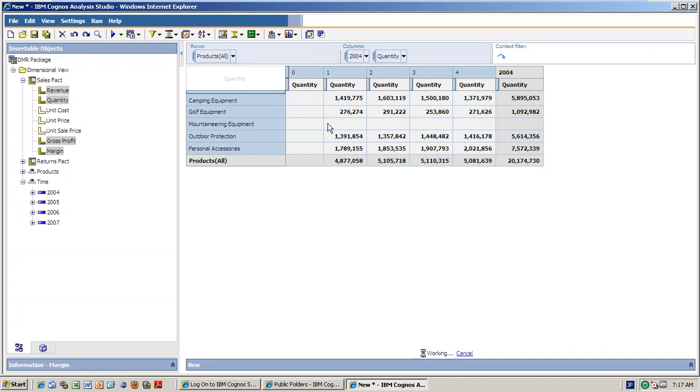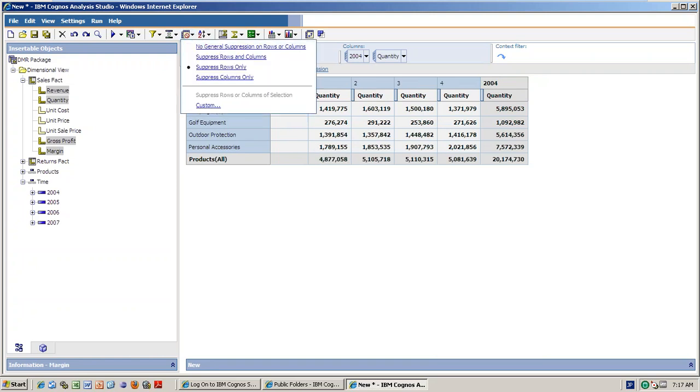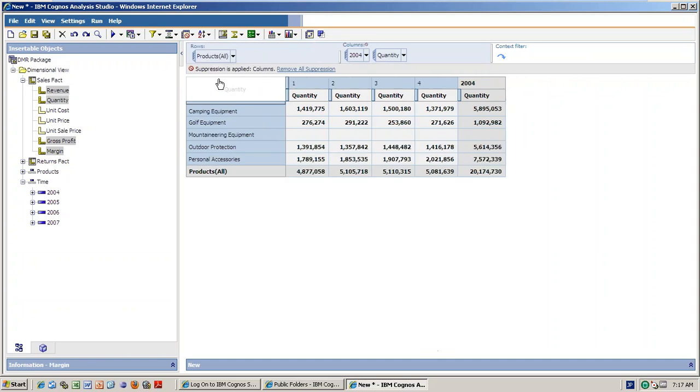It will be checking row wise now. But here if you are observing, 0, the entire column is 0. But I am not checking column wise because I told suppression by zeros, row wise. So that is hidden, and then it is showing you whichever are having the records, right? Now if I am taking only column wise, suppression rows only and columns only. I am taking only columns. So columns means the 0 is gone, but mountaineering equipment came here because it's not concentrating on that. It will treat like this: this value is there, this value is there, and if it is not a value also, no problem, because it is checking column wise.